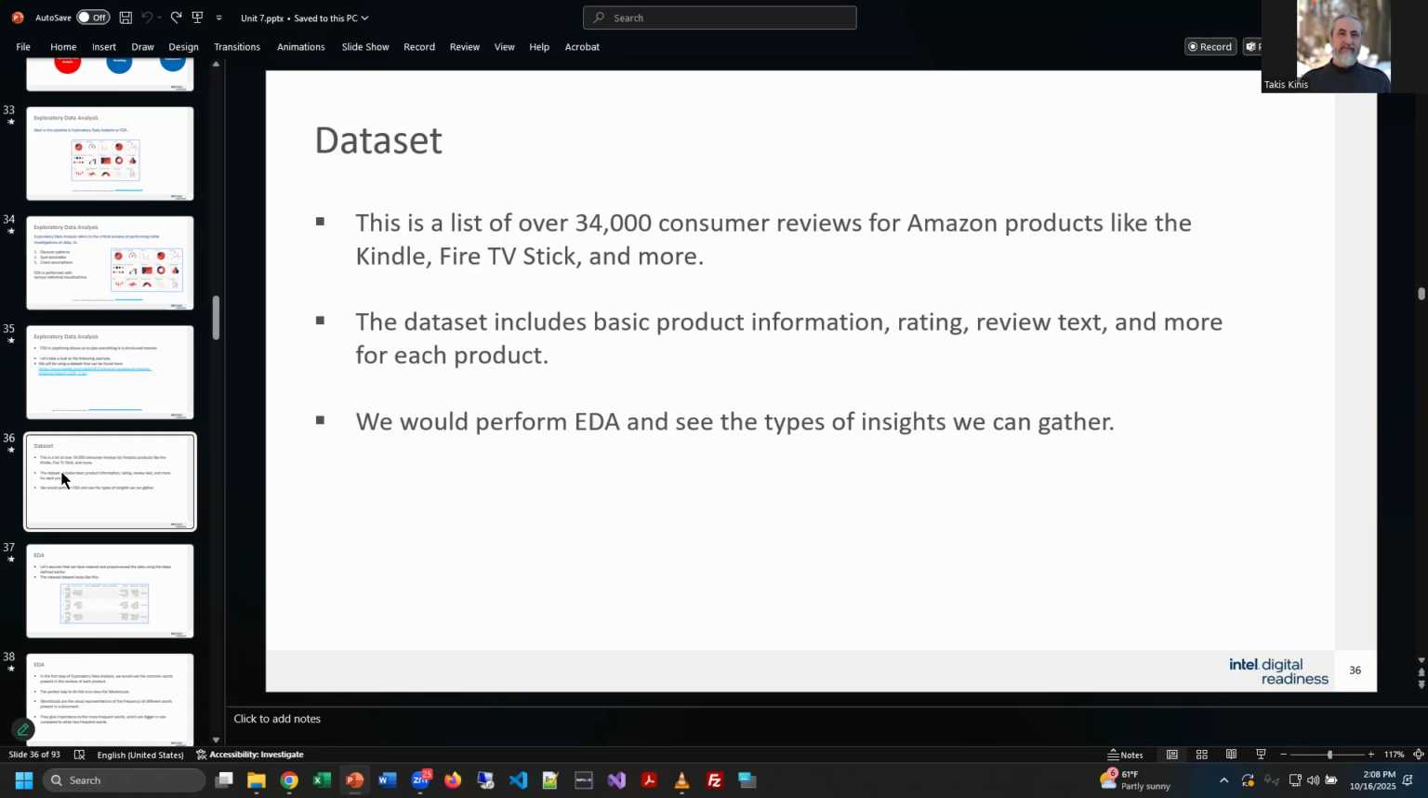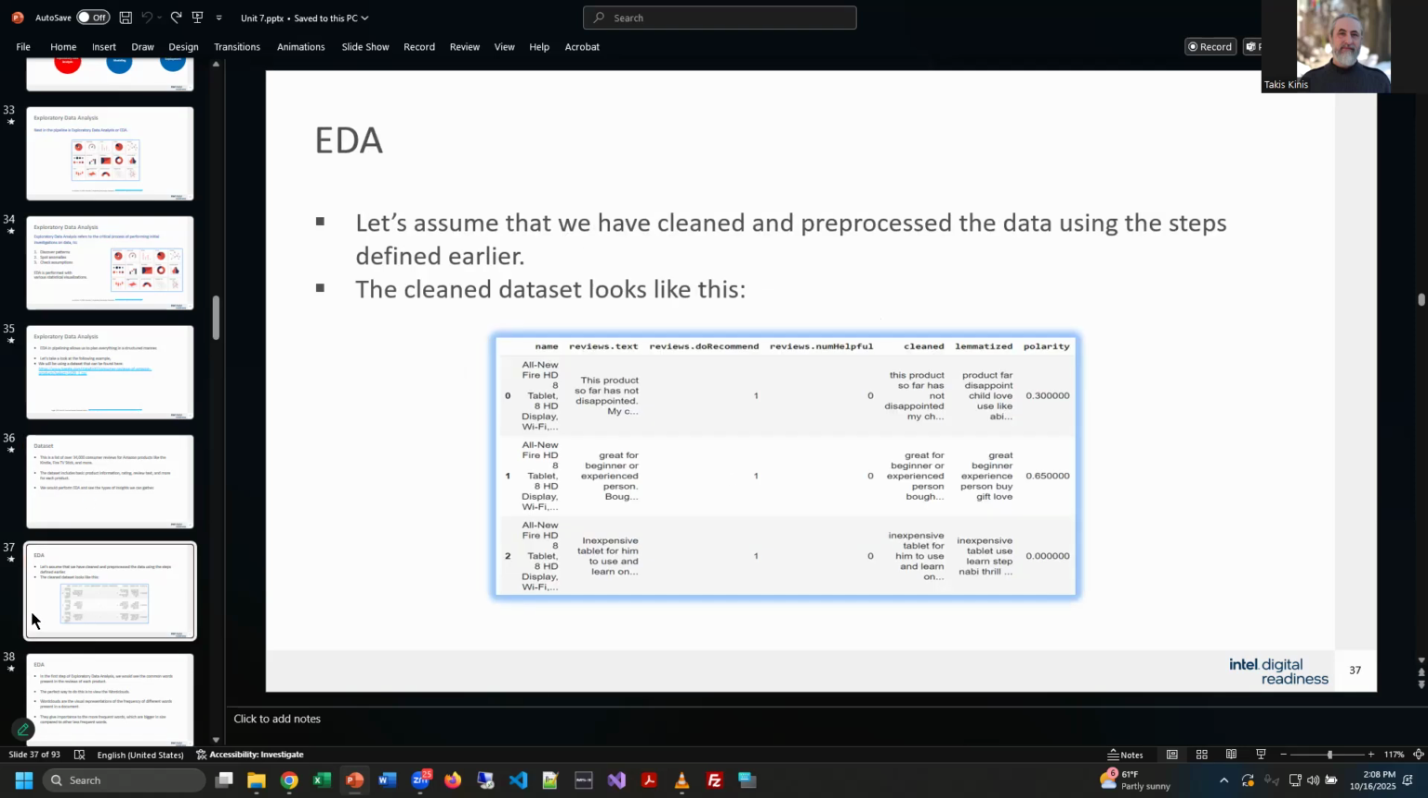The data set includes basic product info, rating, review text, and more for each product. We could do a little exploratory data analysis on this and see what kind of insights we can gather. But first, you've got to look at the data. So if you go over to Kaggle and explore it a little bit, you'll see information that looks like this, right? And you'll see they have the name, reviews, the text of the reviews,